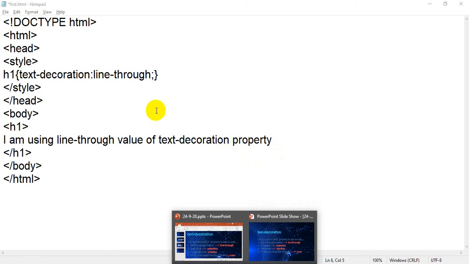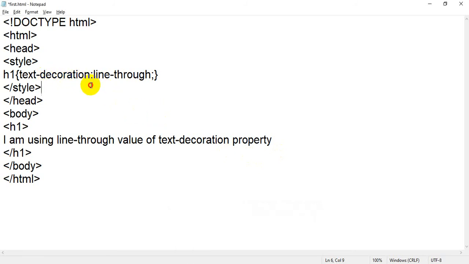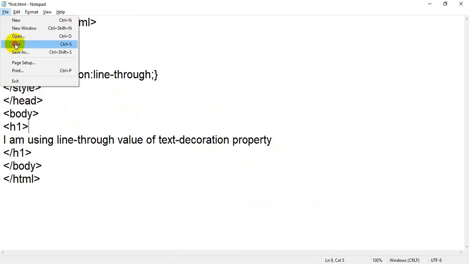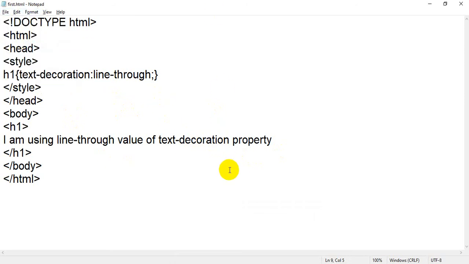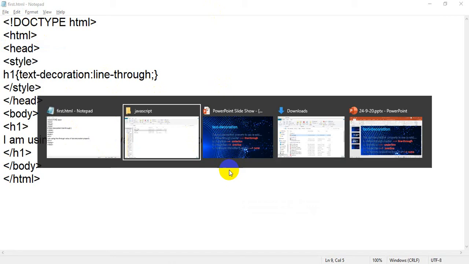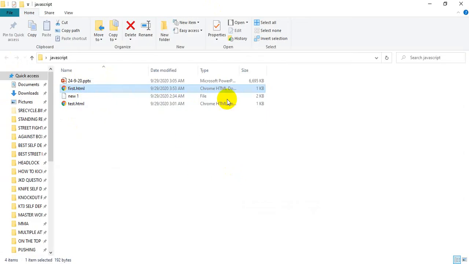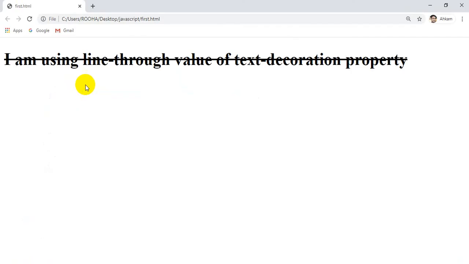Line-through is proper, text decoration is proper, H1. Okay, no issue. I think I have not saved. Click on save and just go back to your file. Again I am going to open this file. Yeah, okay, I had not saved the file.